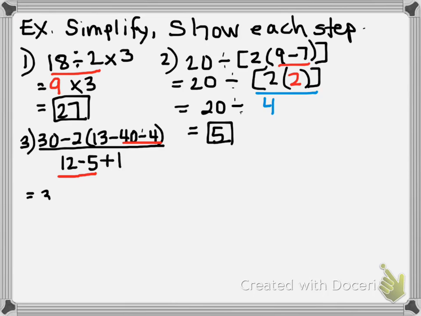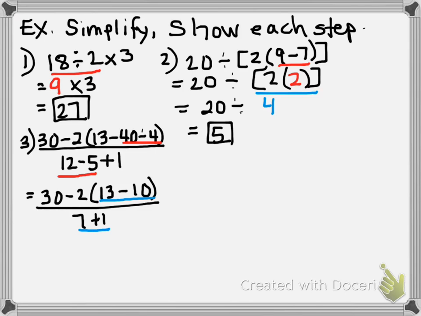So right now I've got 30 minus 2 times the quantity, 13 minus the result of 40 divided by 4, which is 10, all over 12 take away 5 is 7 plus 1. Okay, next round I still have a grouping symbol, so I'm going to do the 13 minus 10, and at the same time I can do the 7 plus 1. So I get